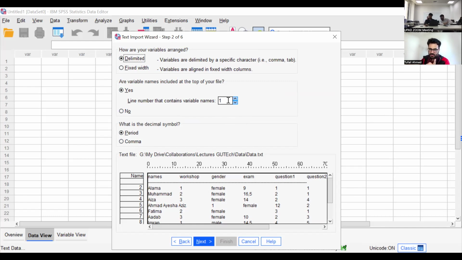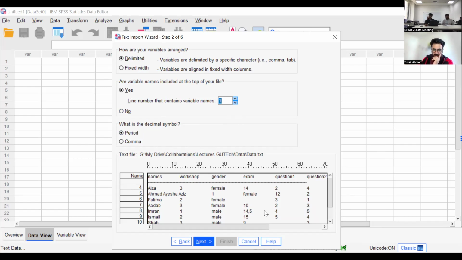Normally it is at the top, but if it's in the second row, you have to say it's in the second row. If it's the third row, you will say it's in the third row. Just look at the bottom of the screen here. If I change this number to 2, it's normally the first row in your data sheet that comes on top as a variable name. But we have number 1, you see the difference? Yes, it's fine.